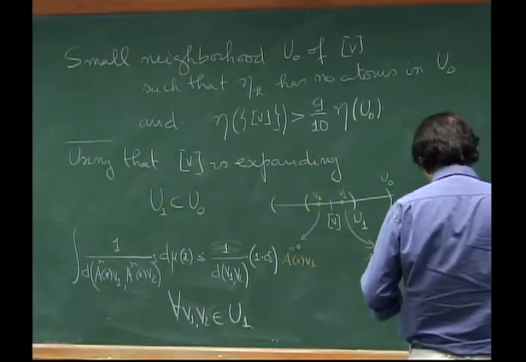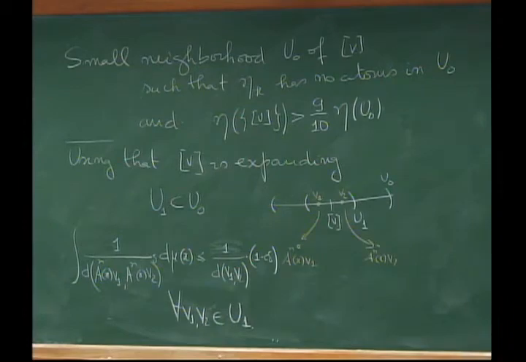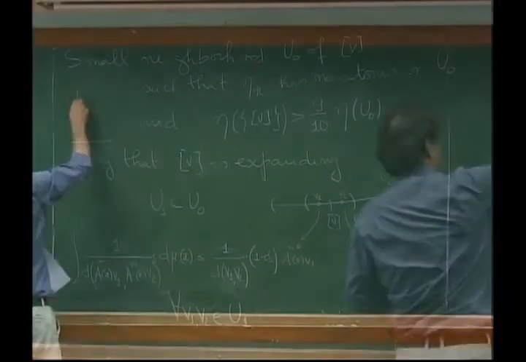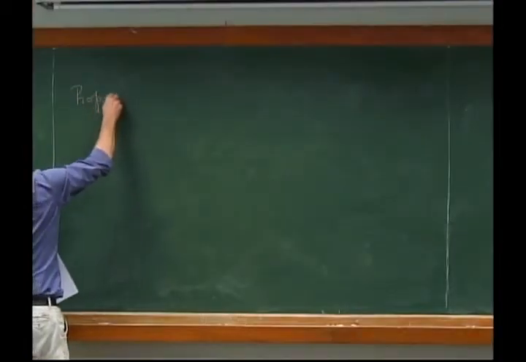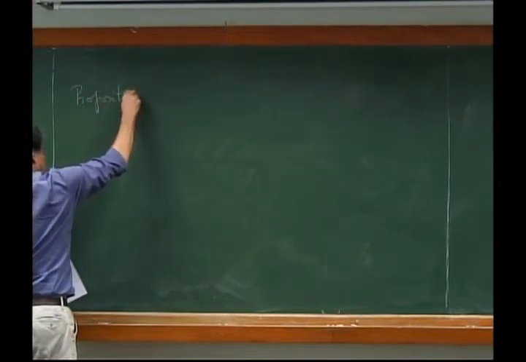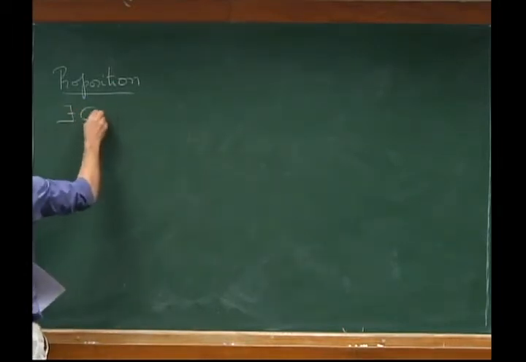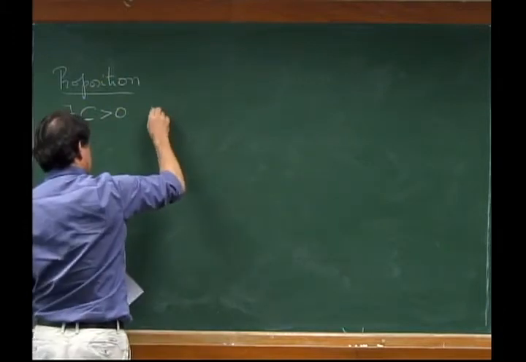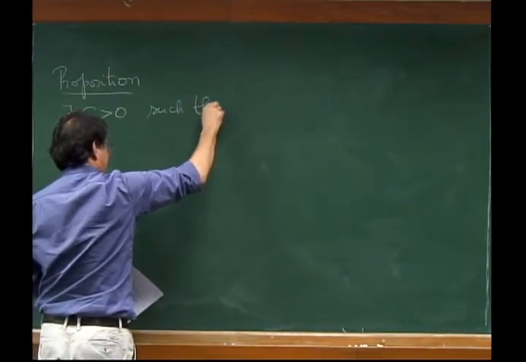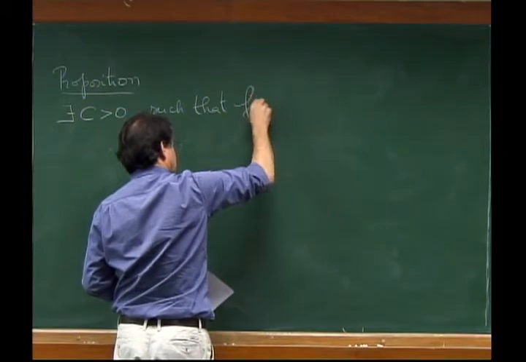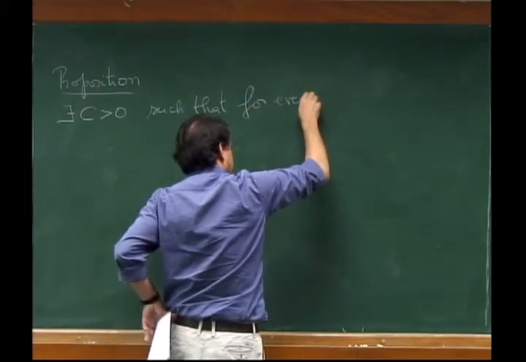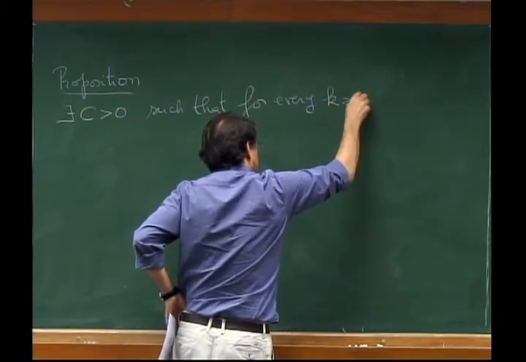Then the statement is the following. The main step in proving this theorem is the following proposition. There exists a constant C such that for every k large,